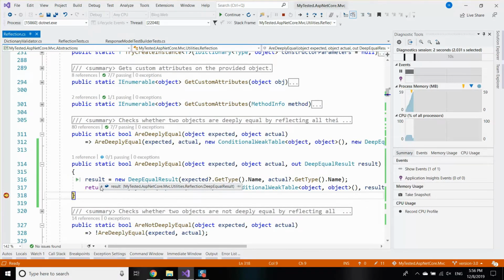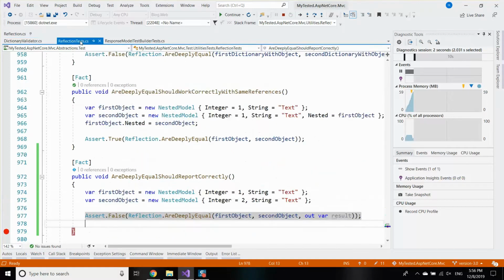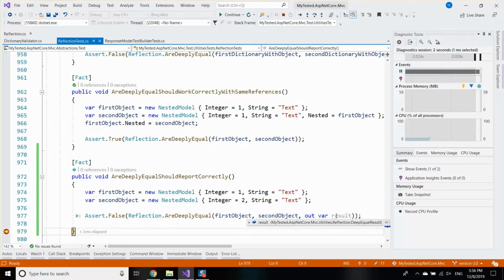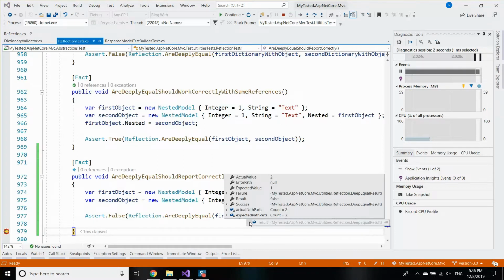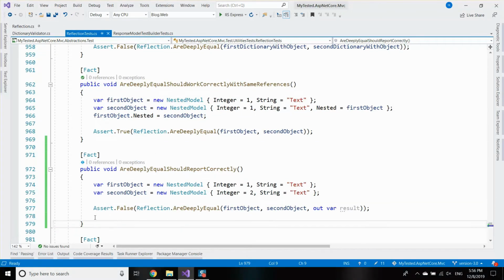Okay, the result is here. So the result is false, which is correct. Expected value is 1 and the actual value is 2, which is also correct. Let me go here. Which is also correct. So I expect 1, but I receive 2. Let's see the paths. That's the interesting part. Expected path, I have nested model integer and actual path, nested model integer. I'm surprised that works. Very nice. Okay, so